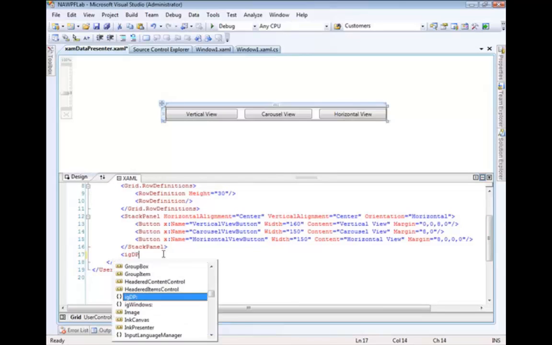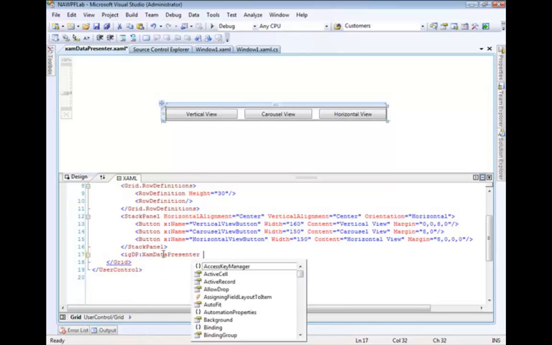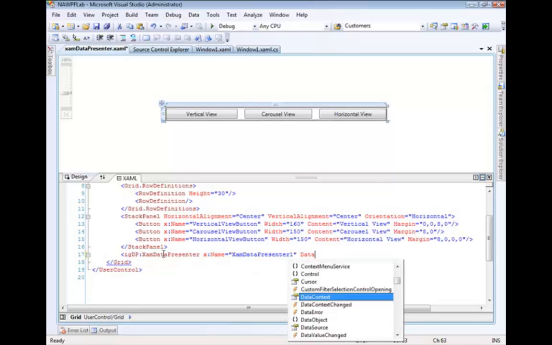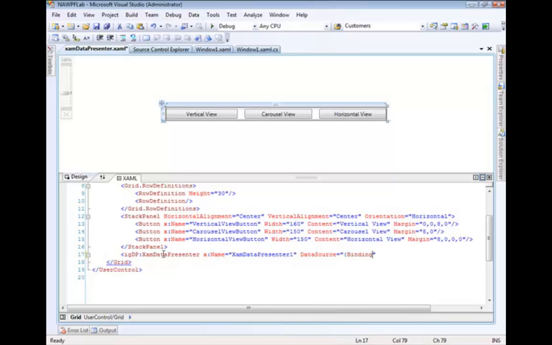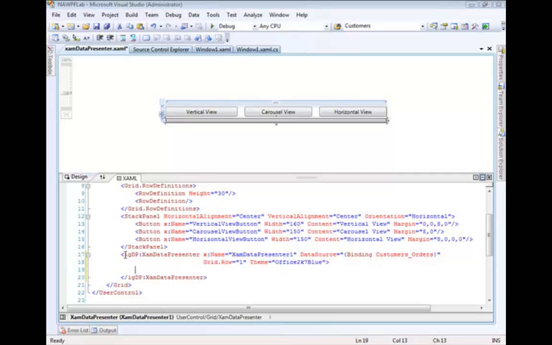We'll bind its data source to customers' orders in the view model, set its grid row to 1, and set its theme to Office 2K7 Blue. Next, we'll select XAMDataPresenter1,